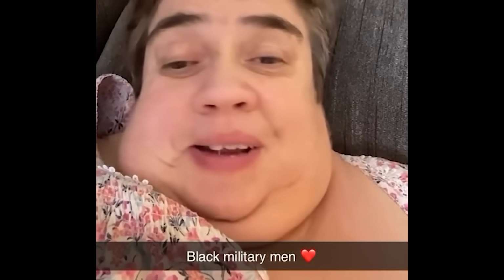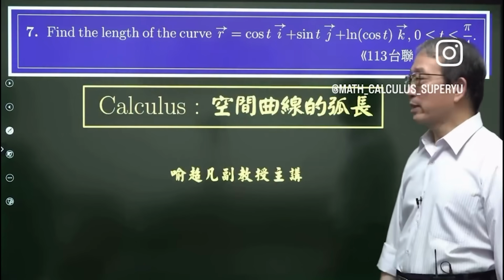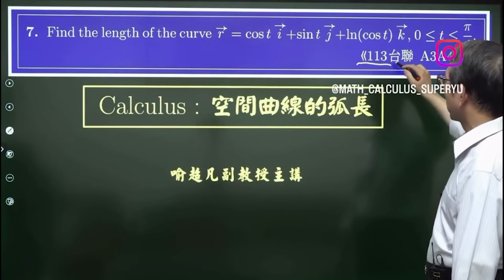Ain't nothing better than a black man to be in this world. 今天我们要看的是113年大学转学考。